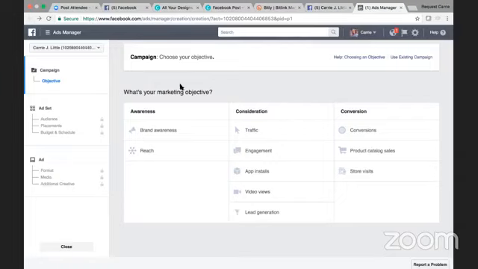So when you're here over to the left, all you have to do is follow the steps from top to bottom. So the first thing you need to do is choose your objective. What is your objective? Who do you want to reach? I will tell you what's great about Facebook is you can choose to build a,